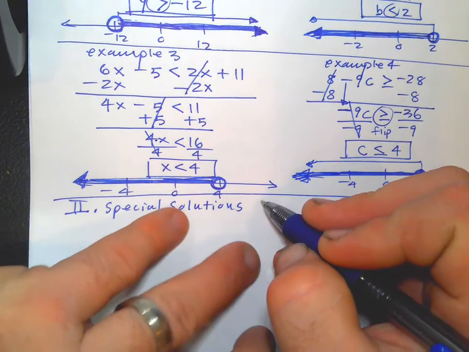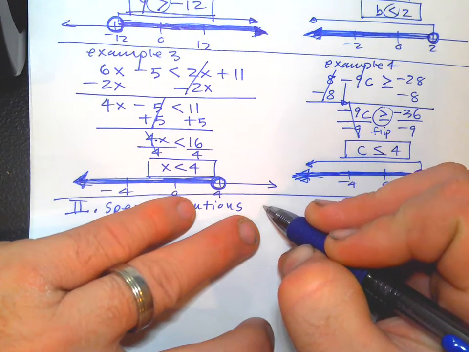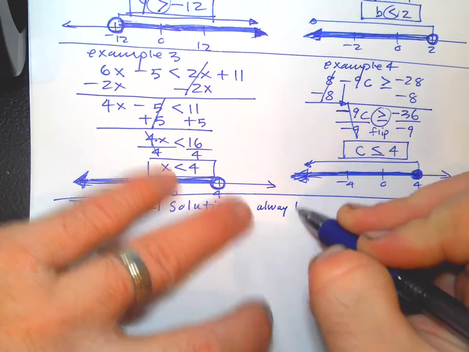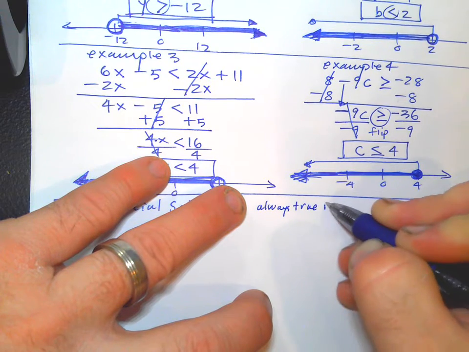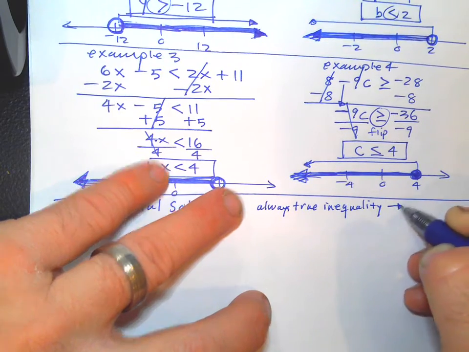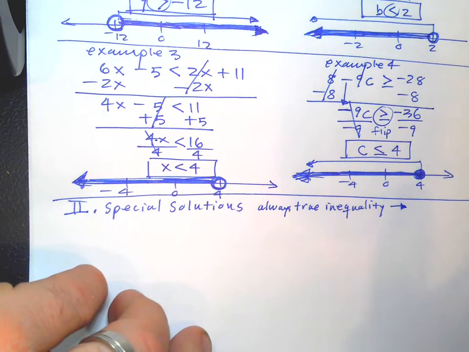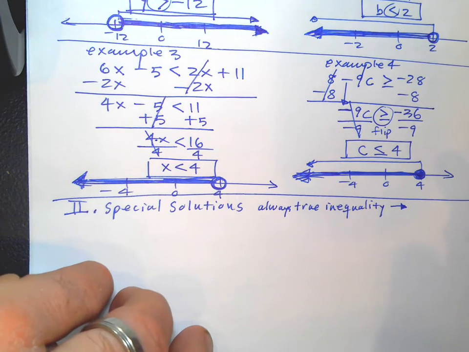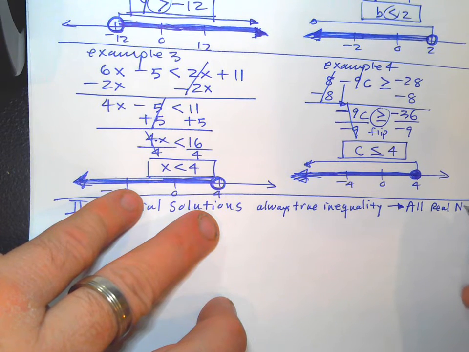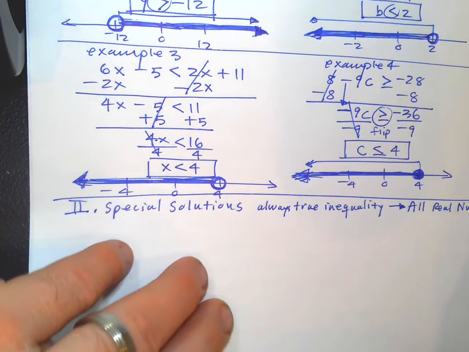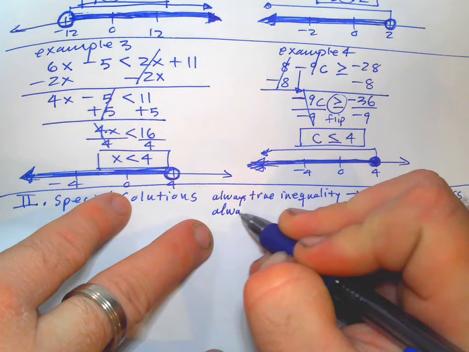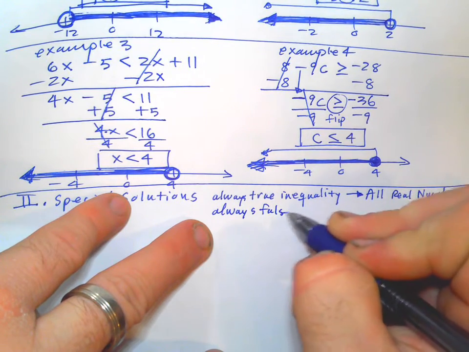So to summarize, if you get an always true inequality, that means all the letters are going to drop out. It's just going to be 2 numbers, which is for sure going to be true or false no matter what, because the variables aren't there anymore. So if that happens, the answer is all real numbers. Anything works. Okay, all real numbers. If you get an always false inequality, the letters all drop out,